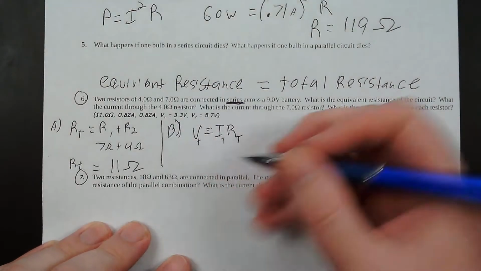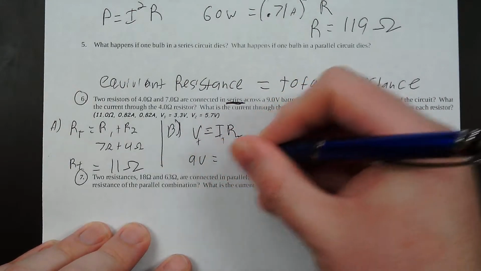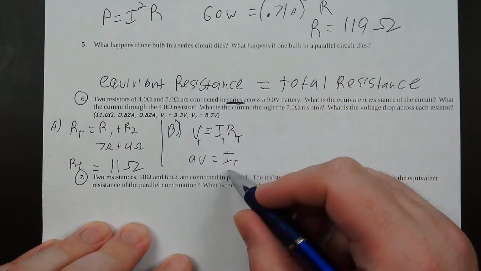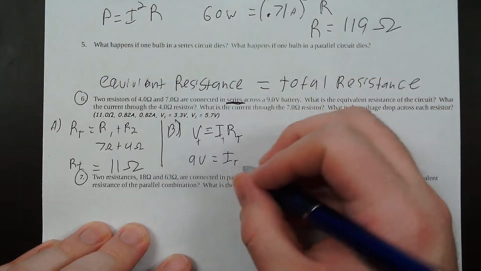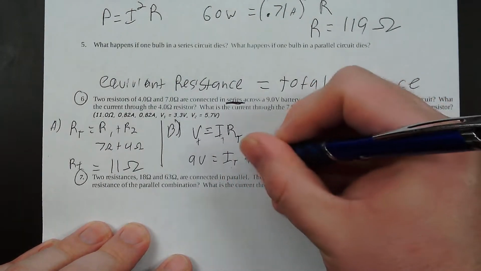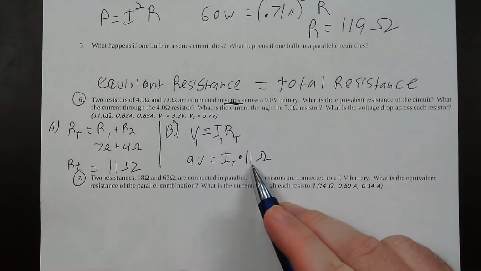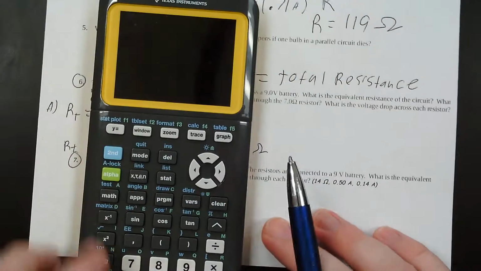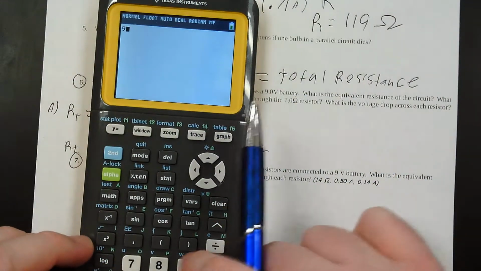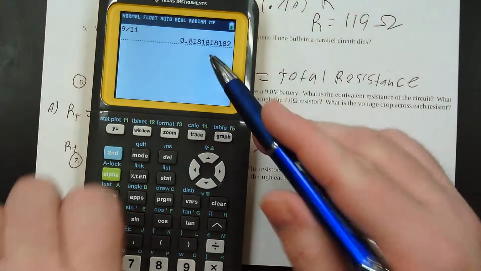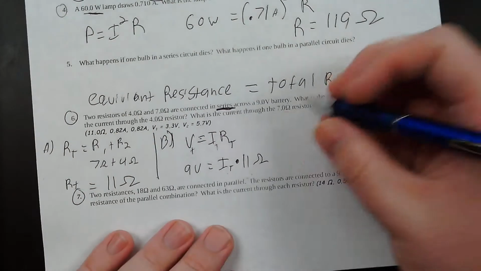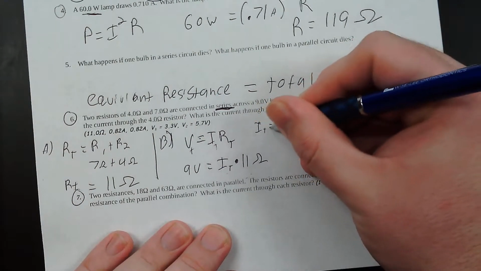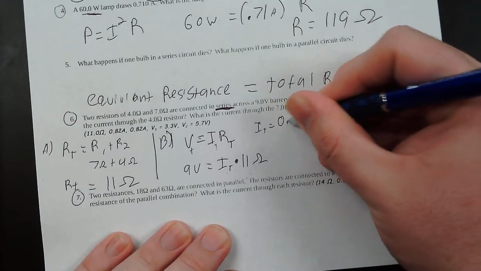Okay, so my total voltage was 9 volts. That's going to give me my current here times my total resistance, which was 11 ohms. Okay, I'm using my totals to get the current, so I'm just going to do a little calculation here of 9 divided by 11, and my total current, okay, IT is going to equal 0.81